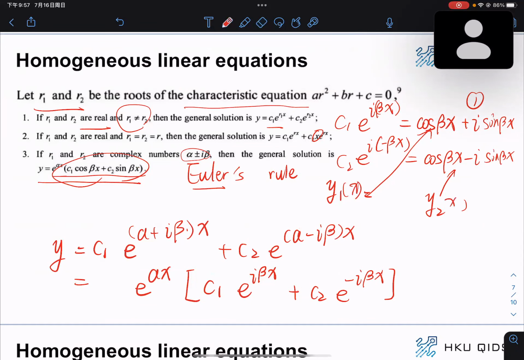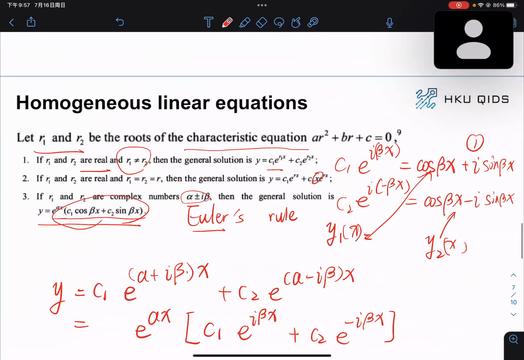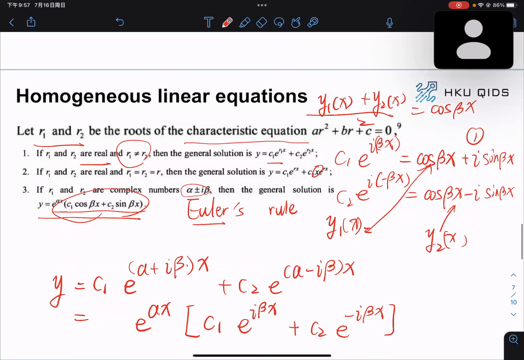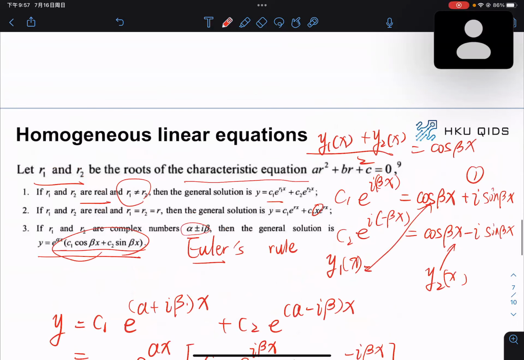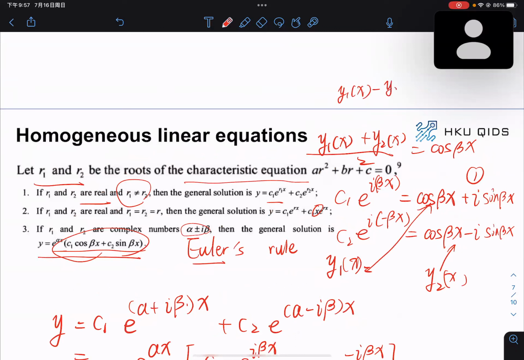So any combination of these two is still going to be a solution. So what are we going to find? The combination y1(x) plus y2(x) divided by 2 is going to be cosine beta x, while y1(x) minus y2(x) divided by 2 is going to be i sine beta x,